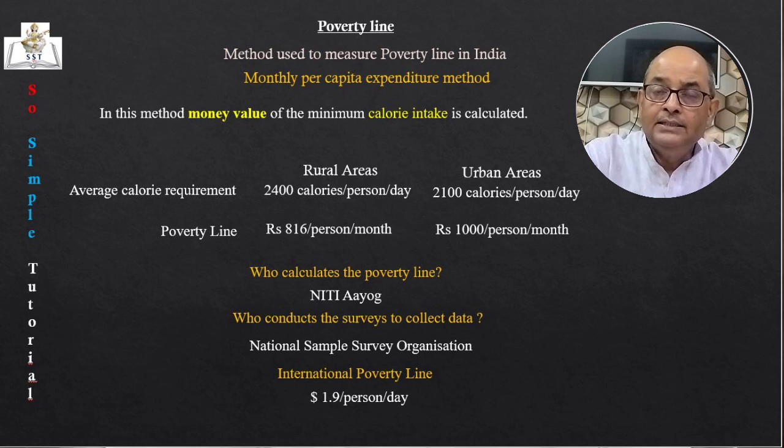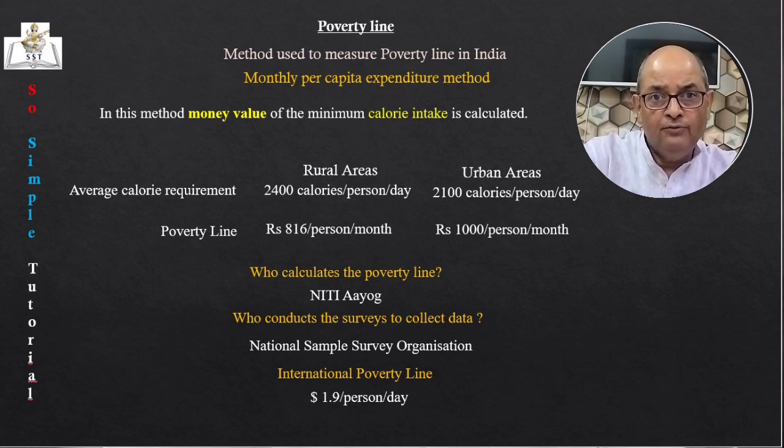In rural areas, the accepted average calorie requirement in India is 2400 calories per person per day, whereas in urban areas, the accepted average calorie requirement is 2100 calories per person per day. In rural areas, the calorie requirement is kept more because people living in rural areas engage themselves in more physical work. Okay. Now, using the monthly per capita expenditure method for buying these calorie requirements, the Planning Commission has worked